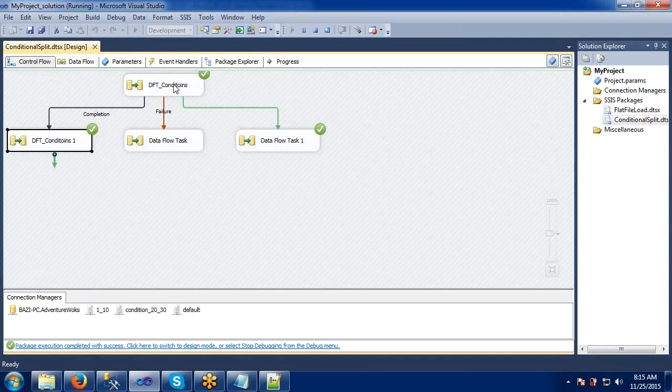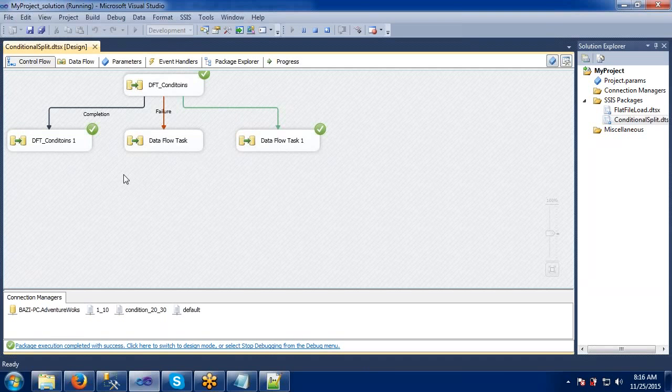If it is failed, then this is how it would be executed. Like this, our precedence constraints will be applied here. Sometimes our conditions may not be satisfied. Sometimes the data may come in a wrong format, even though we have given the proper format itself, because the data may change. In that case, we will give this precedence condition also.